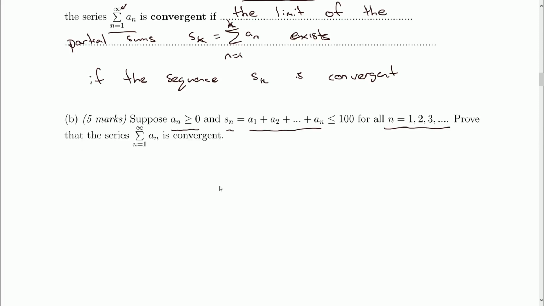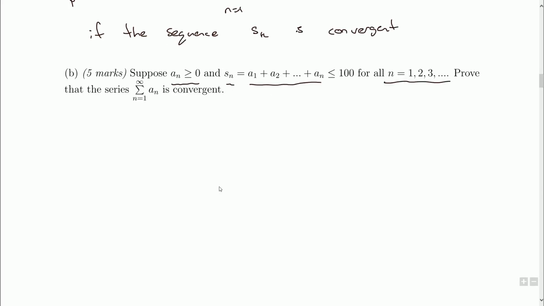Okay, so we're going to use the monotone convergence theorem. Now, how do I know? Well, I don't know anything about the ai's. I have no idea. Is an 1 over n, or is it ln n over n squared minus 5? There's no information. Nothing that tells me about it. So I have to sort of rely on theory when I'm in this position. I have a few building blocks that I can use, but I've got to do something, and the fact that they've told me about the Sn's makes me think, okay, well,